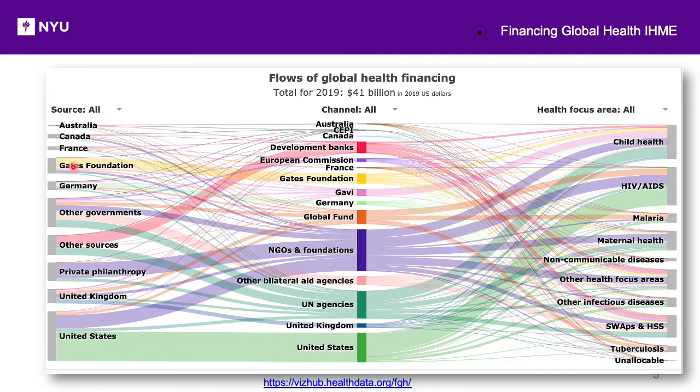And in fact, you can also look at Gates Foundation. The majority of Gates Foundation goes toward, of course, child health. And then you can look at other areas in terms of what the United States government itself gives for HIV/AIDS, and then other diseases, infectious diseases, etc. So as you can see, the picture itself in terms of health area focus is very, very complex. But this tool can actually be accessed at this particular website in terms of looking at the various contributions in terms of focus areas, sources, and channels.